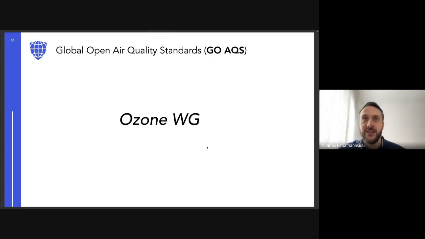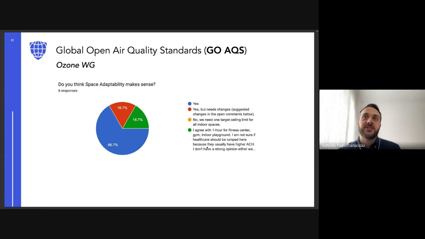Okay. So the session is going to be short unless we have lots of things to discuss, and mainly it's the same as what we have discussed in previous sessions on carbon dioxide, monoxide, and particulate matter. One of the things that we are discussing is the space adaptability feature, whether it makes sense to have it, or as some of the comments are suggesting, having a target limit and ceiling limit, like a maximum, in order to avoid confusion and make things easier for us and also for the companies that build instruments around